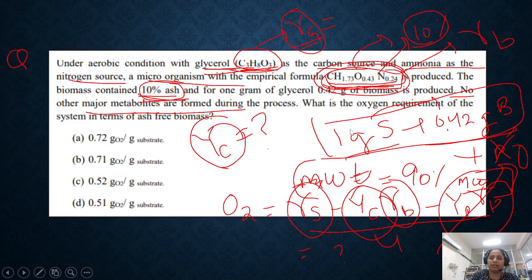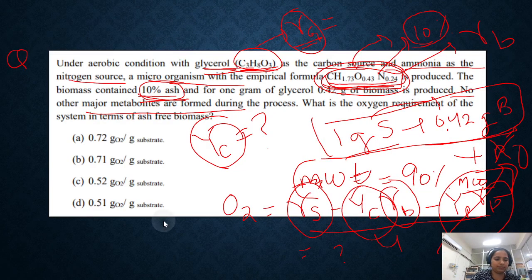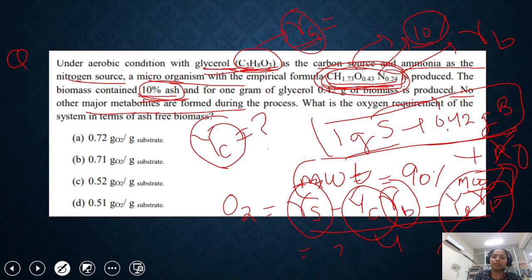First, let's start from here. Just a minute. When 1 gram of this substrate is converted into 0.42 gram of biomass,